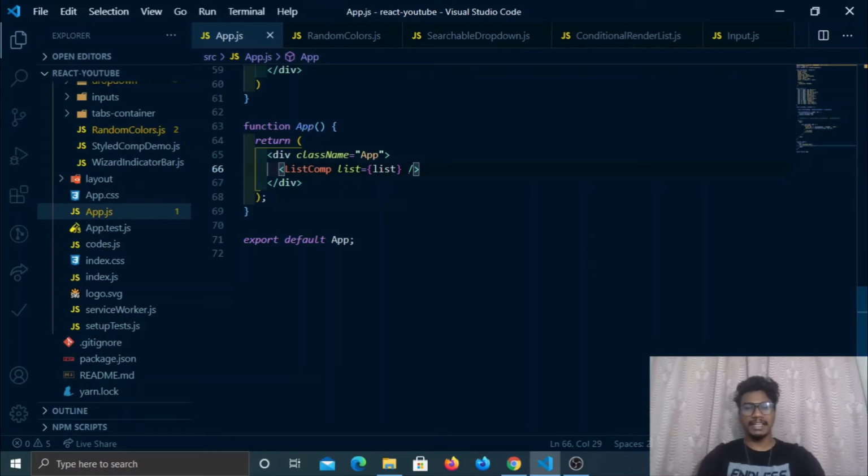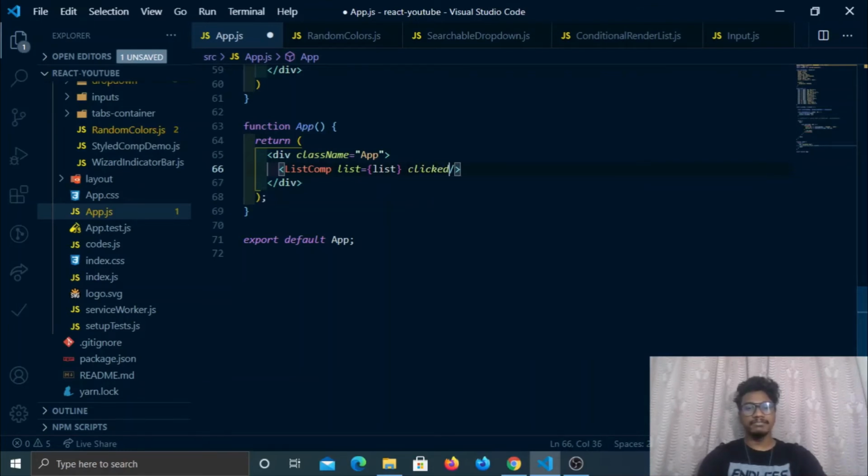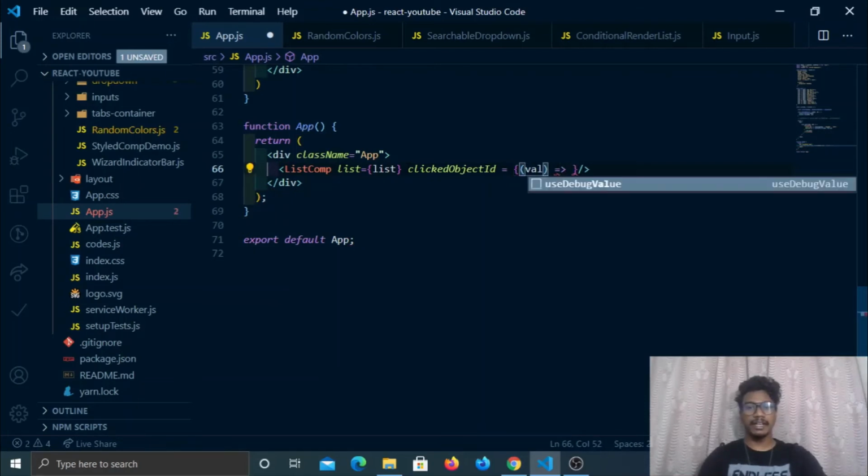So what I am saying here is, I'll pass, no, not handle on click, I'll use a name like clickedObjectID. ClickedObjectID equals an anonymous function here, and I'm going to receive that val. I'm going to console.log that val.